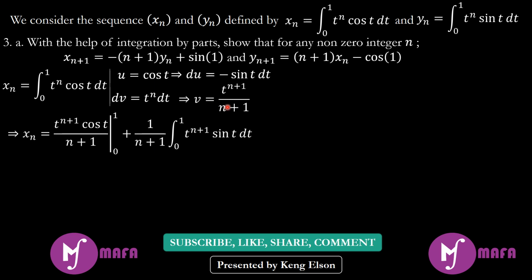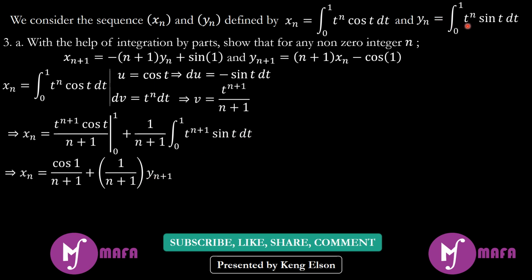We factorize the 1 over n plus 1 in v, and then our du is sine t. We multiply t to the n plus 1 with the sine t, and we get this. If we fit the upper bound and the lower bound and subtract here, we get cos 1 over n plus 1. Here we just get 1 over n plus 1, but this integral here is y of n plus 1,